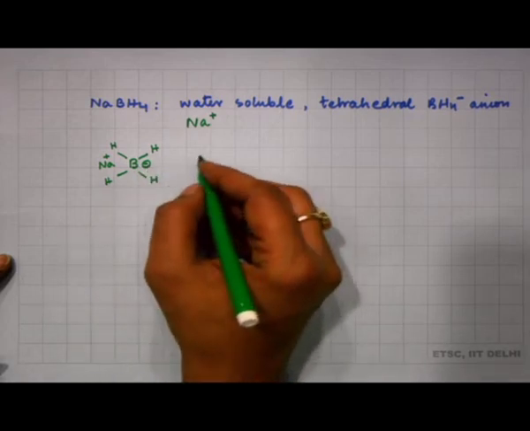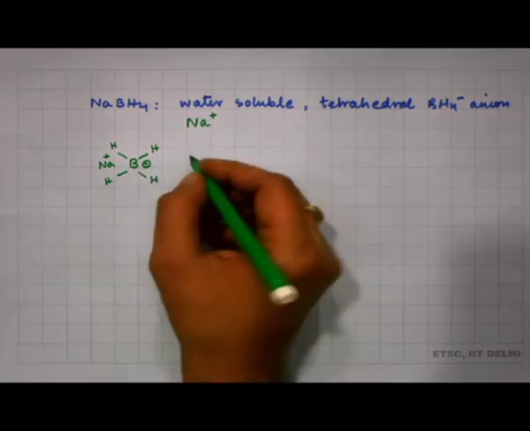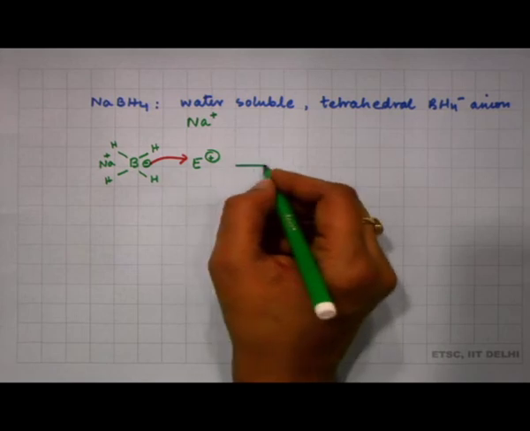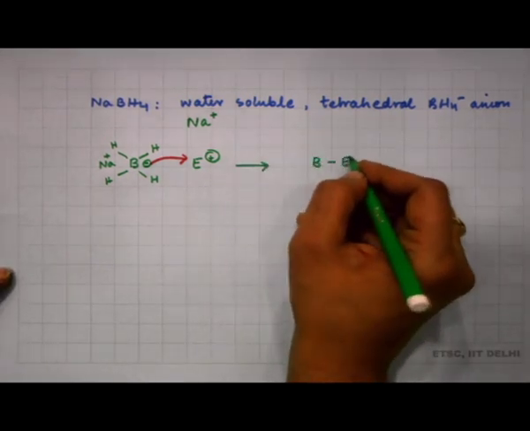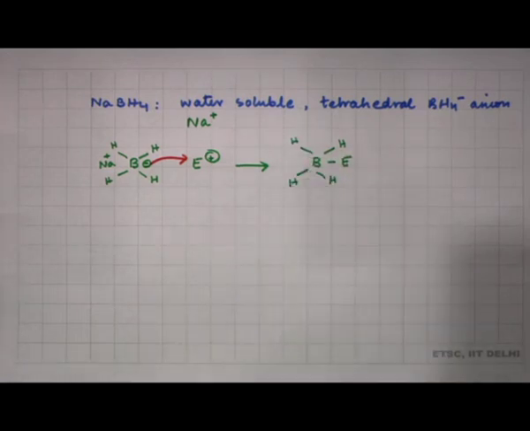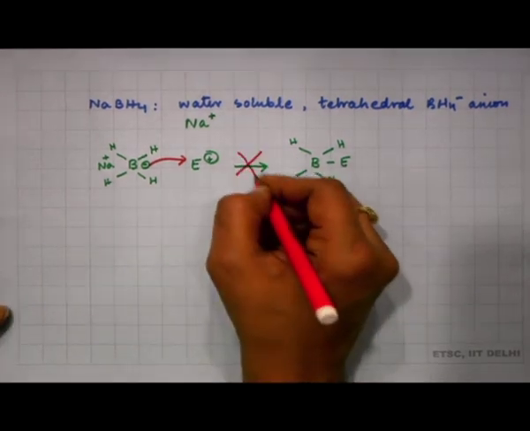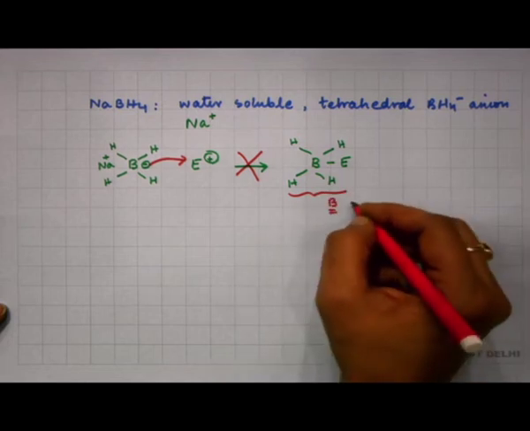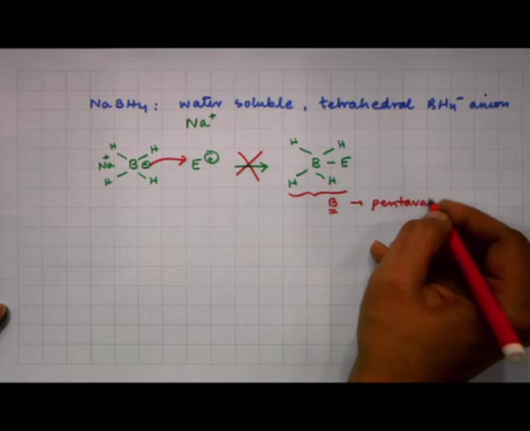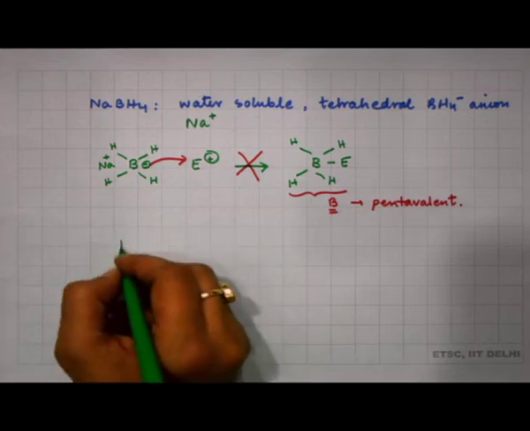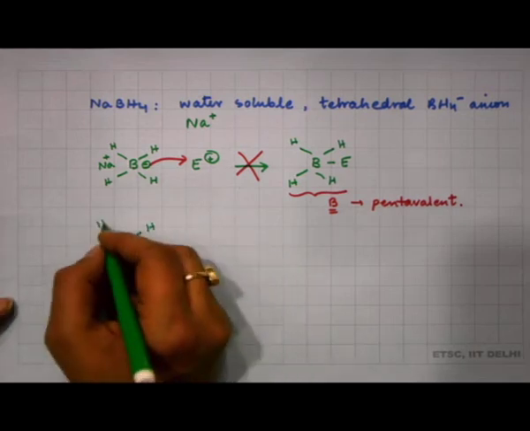If boron carries the formal negative charge, one could ask why does it not directly go and react with the electrophile. You have an electrophilic carbon, why does boron not go and react on its own with the electrophilic carbonyl carbon and give you this kind of an intermediate. However, we say that this particular pathway is not possible. In this case, the boron is becoming pentavalent. It is extended its valency becoming pentavalent. It is not feasible, and so the other pathway which boron in the form of BH4 minus chooses is